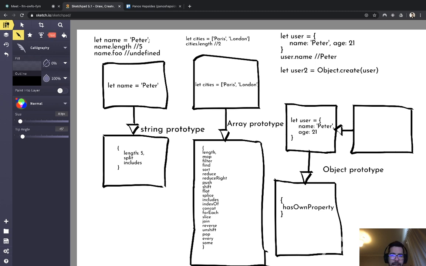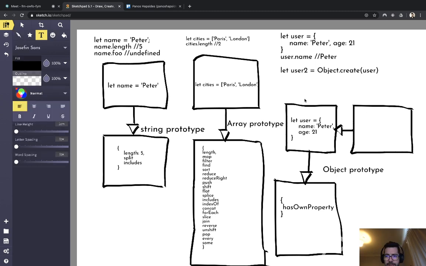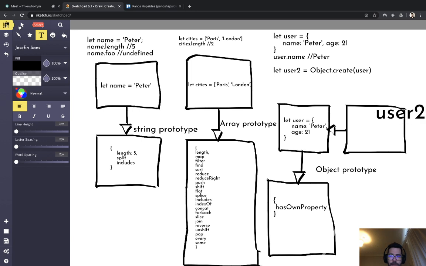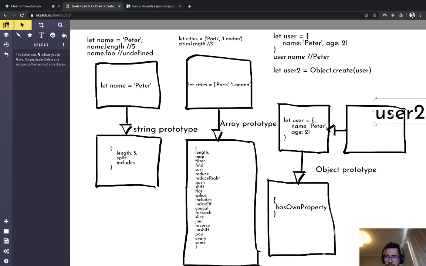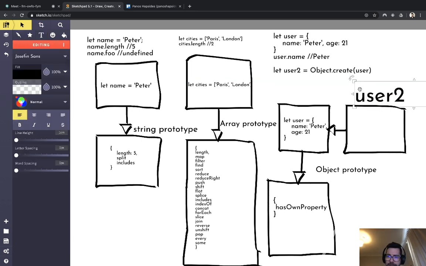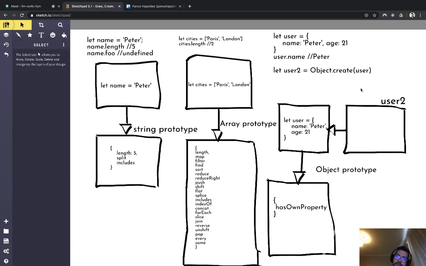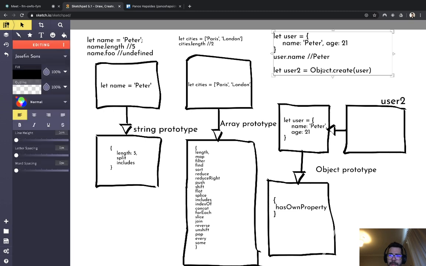The one on the left is user. The one on the right is user2. Be careful, guys, because that box is empty. That box is empty. And what does that mean? That means, what happens if I now do